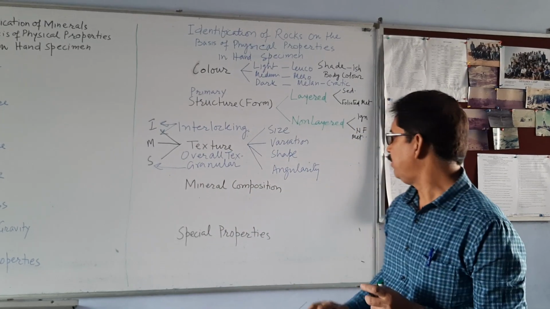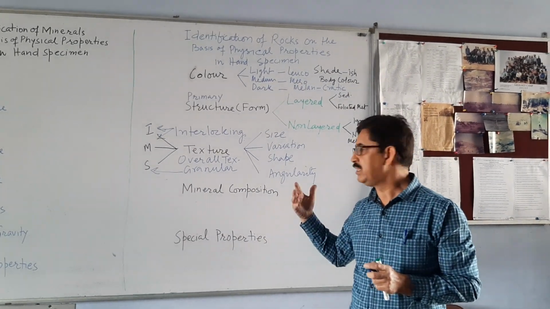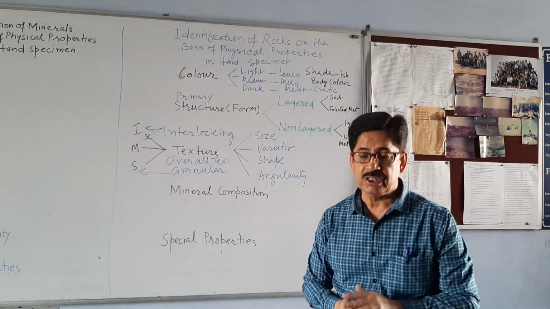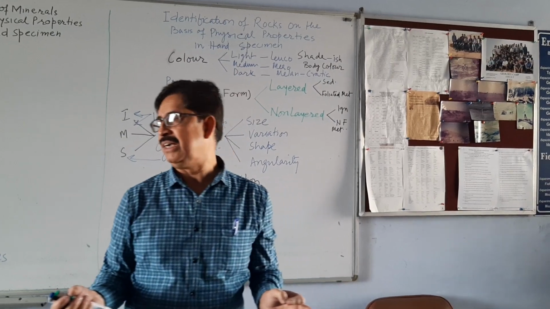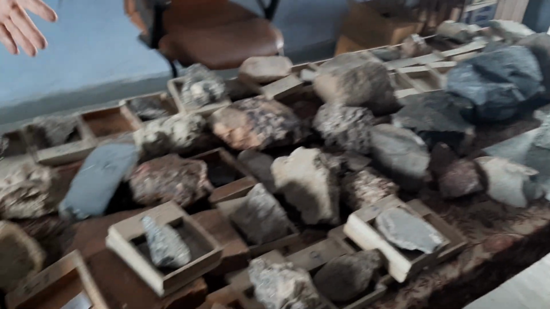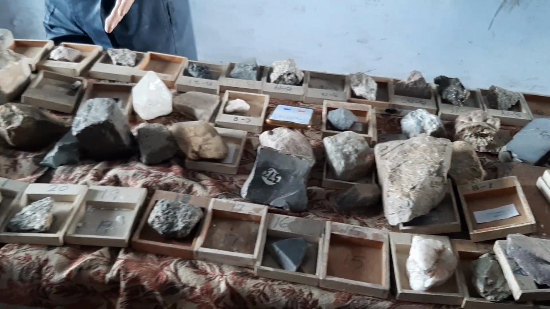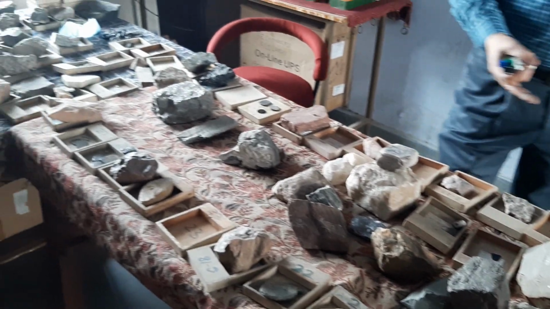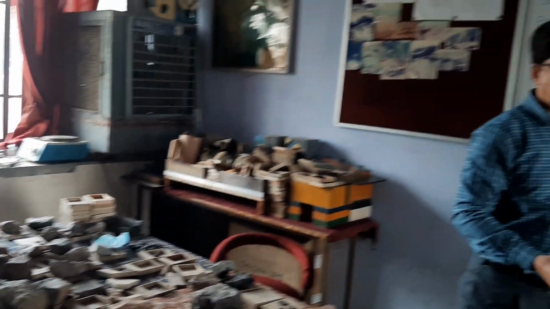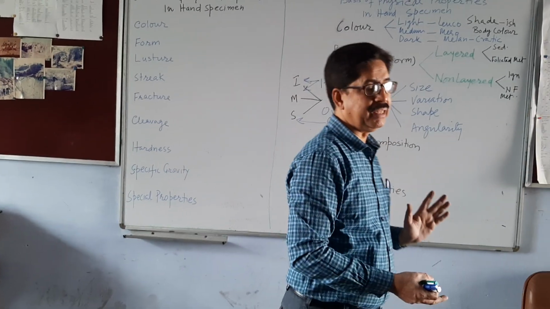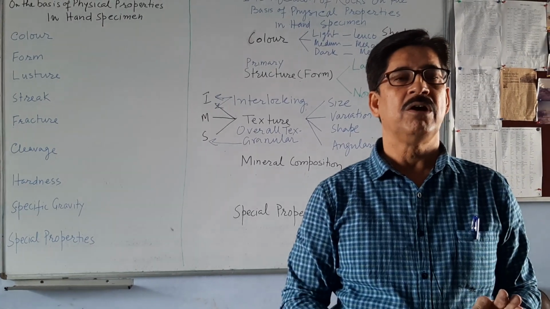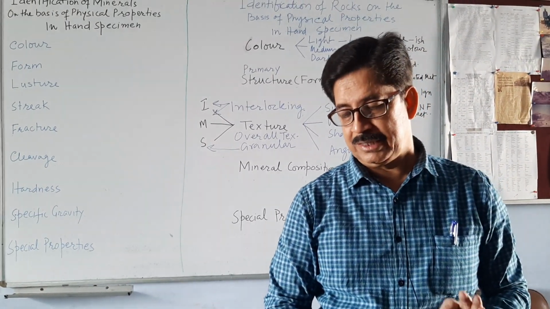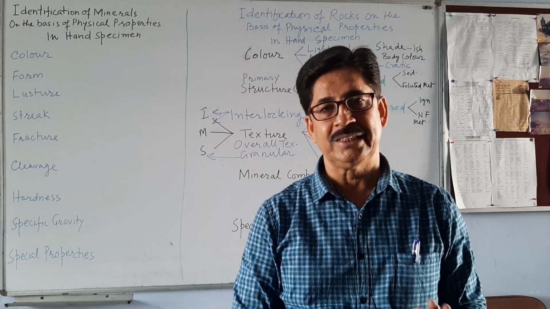Okay, so we will go step by step, and then we will see how best we can identify rocks. All rocks cannot be identified in hand specimen. Only some 50 rocks can be identified in hand specimen. You can see on this table we have many different rocks. And we can identify them by following some of these methodology, some of these parameters. But definitely it comes with experience. The identification of rocks comes with experience. That's all from my side as an introductory lecture.